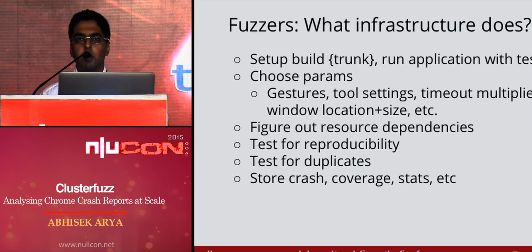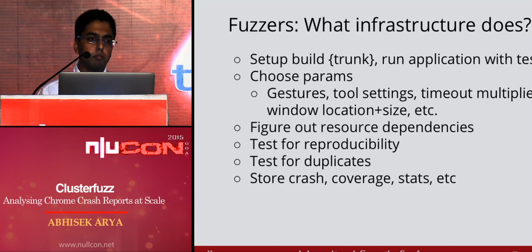So that was about fuzzers. So what sort of role does the infrastructure play? It takes away all the complexities of things like setting up builds with different sorts of memory debugging tools. It chooses the random metadata for a particular fuzzing run. So things like what sort of fake keyboard or mouse gestures to run on this test case, or what sort of memory debugging tool settings should I use, like what sort of red zone should I pick, or quarantine size,